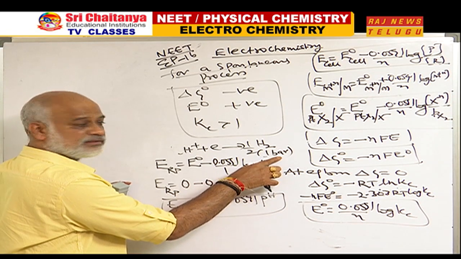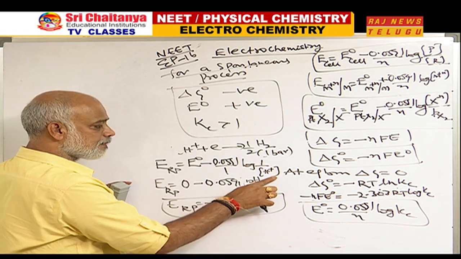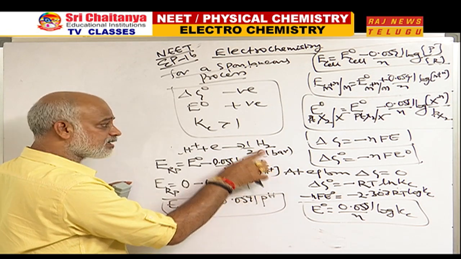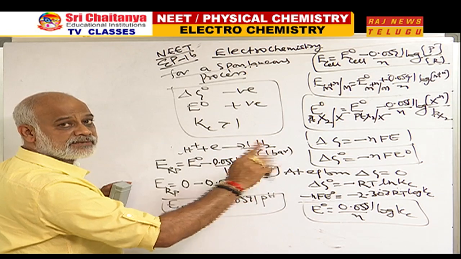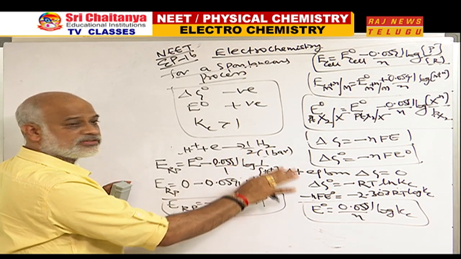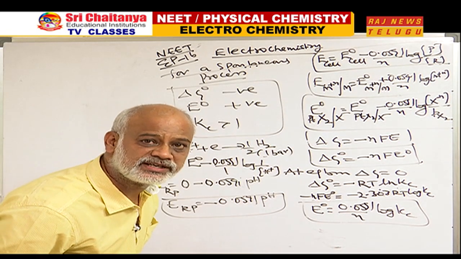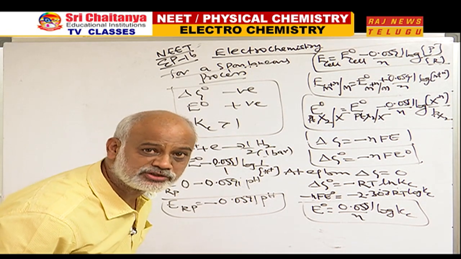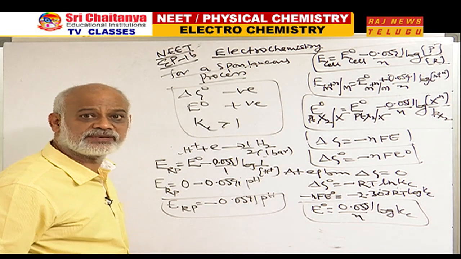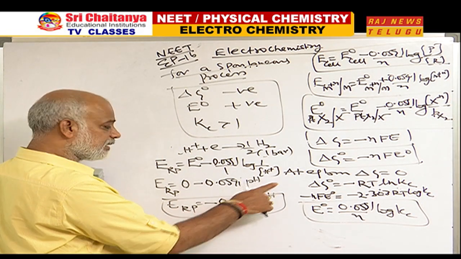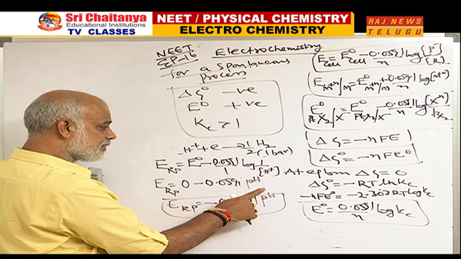Why? Because of 1 bar H plus. Products by reactant. Product is 1 bar because it is a gas. If there is a partial pressure, I should write the partial pressure; here I write 1 bar. If nothing is mentioned, generally all problems should be done at 1 bar. Only if they specially give a numerical value for the pressure, worry about it. Now tell me, what is log 1 by H plus equal to? pH.